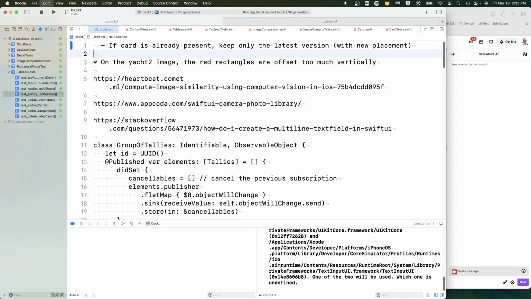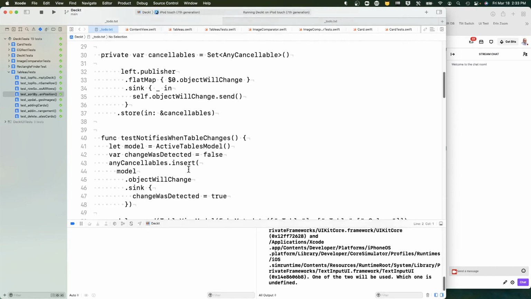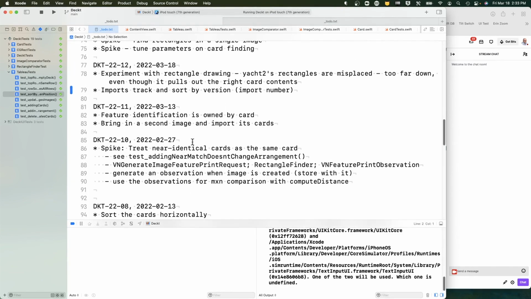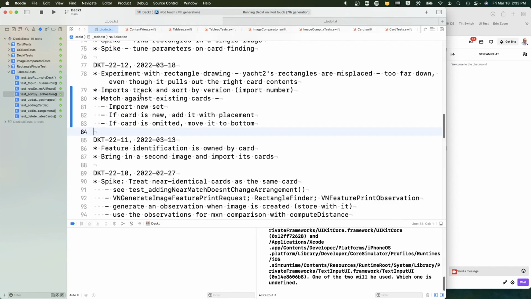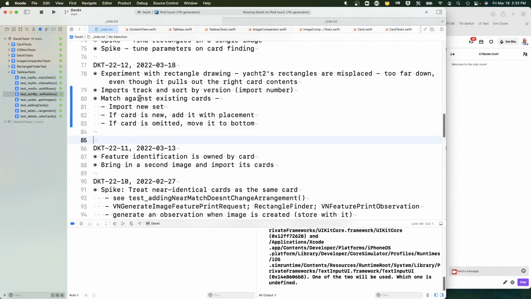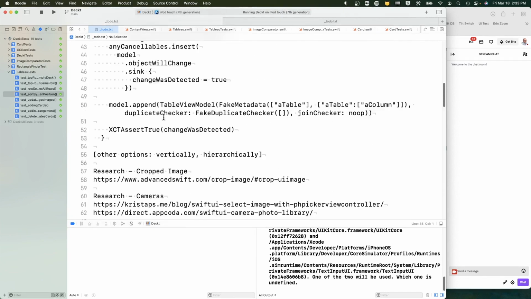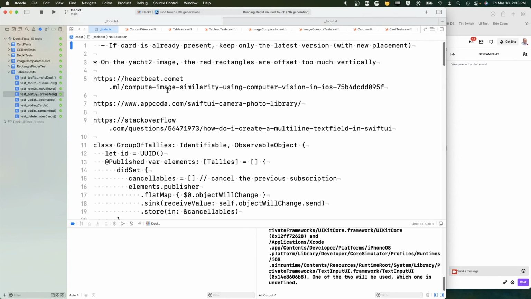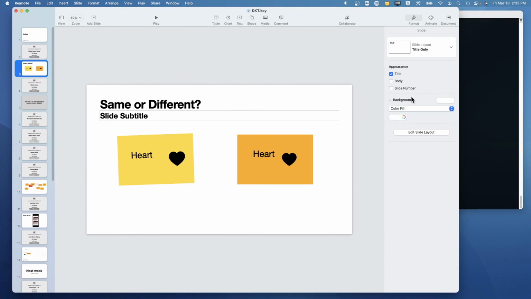We've done this part. All right, so you import a new set. If it's new, it goes in with placement. If it's omitted, it moves to the bottom. But we haven't dealt with if the card is already present, keep only that version. And in effect,